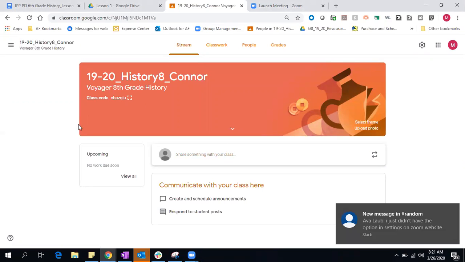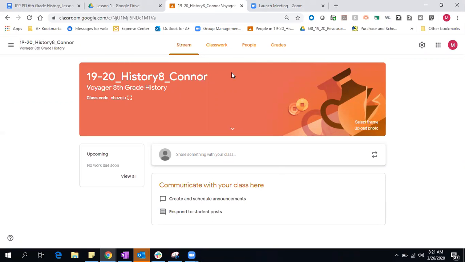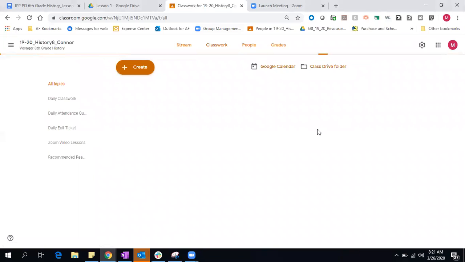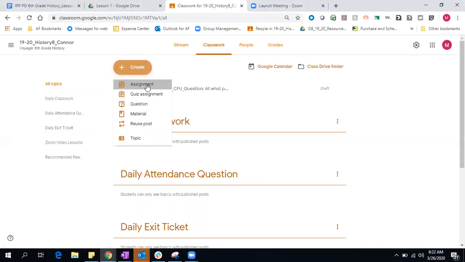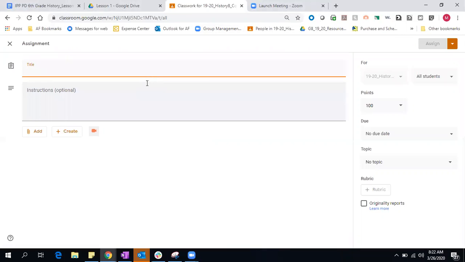And going through, here's my interface. I am just starting teaching my first lesson today, so you're not going to see anything crazy. I'm going to classwork. And today I'm going to focus on entering things into daily classwork. But to do that, first going to do create and then assignment. So today is going to be 3.26